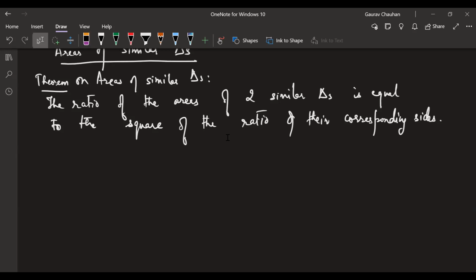And if someone would like to volunteer to tell me what's given and to prove in this theorem. We need to prove this theorem, okay? Because this proof has not been omitted from the syllabus. This proof is still there in the syllabus. So we need to prove this, and this has been asked before also in different board examinations. So let's see, is there anyone who would like to volunteer? What would be the given and to prove in this question?